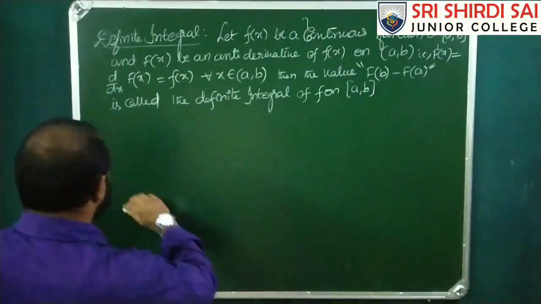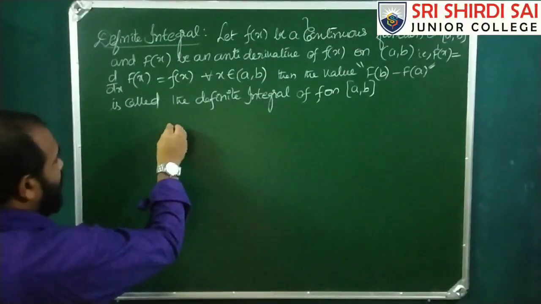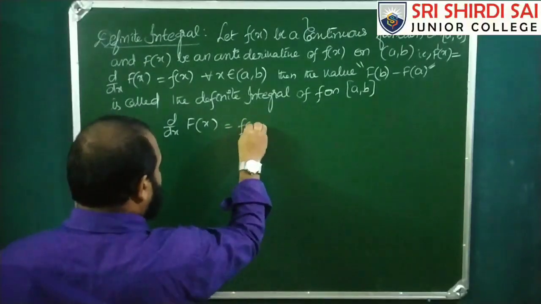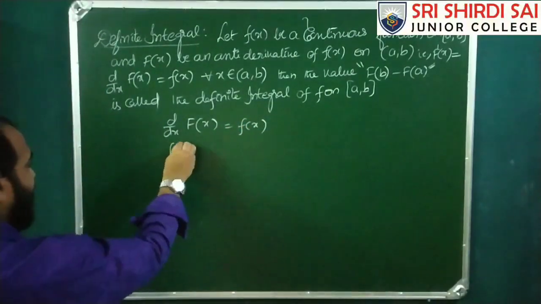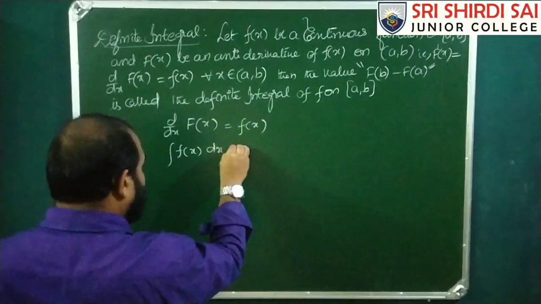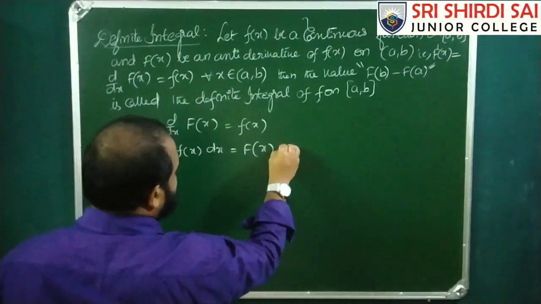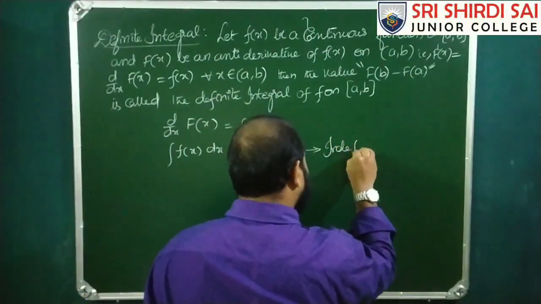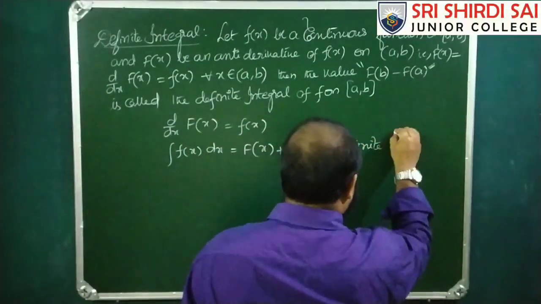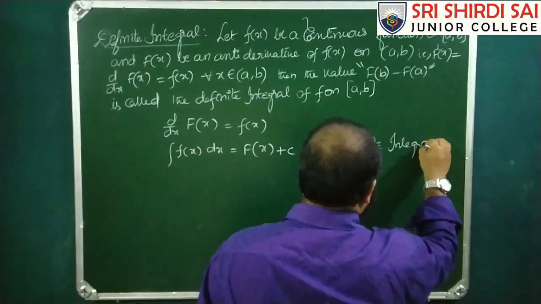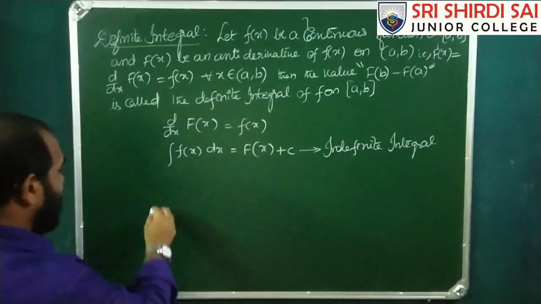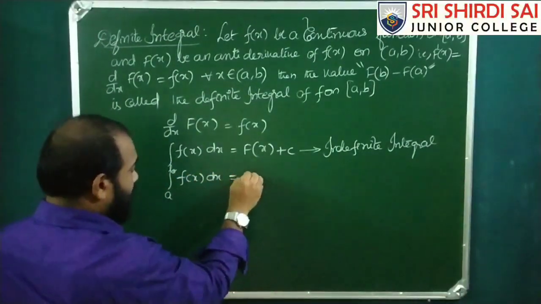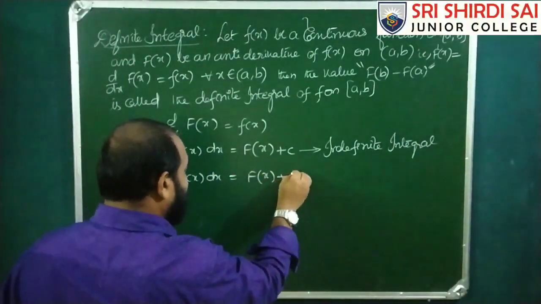For example, here d by dx of F of x is equal to f of x. So integral f of x dx is equal to F of x plus c. So this is the indefinite integral. Now the definite integral from a to b of f of x dx is equal to F of x plus c